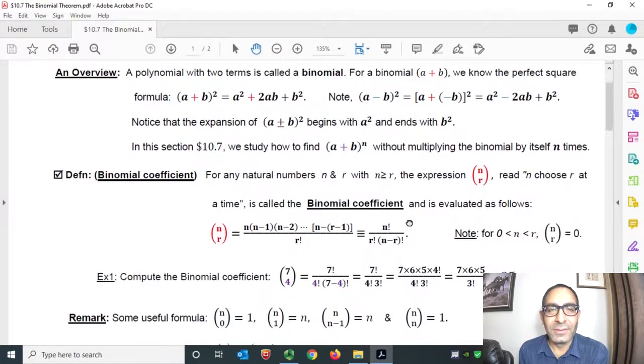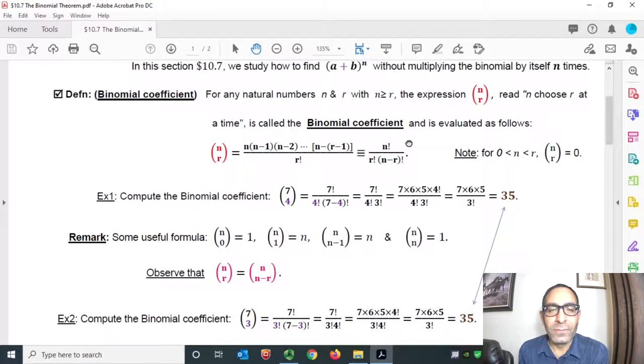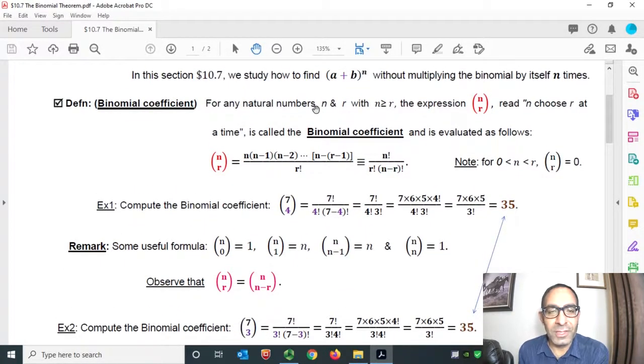Next, definition of binomial coefficient. For any natural numbers n and r with n greater than or equal to r, the expression n r, we read this as n choose r at a time, is called the binomial coefficient and is evaluated as follows. N choose r equals to,